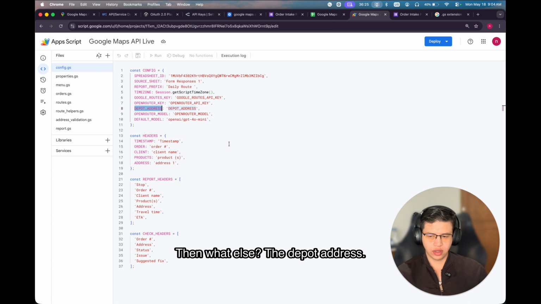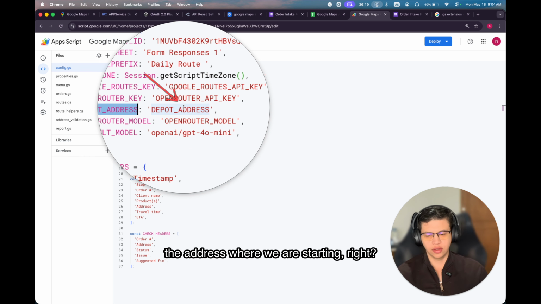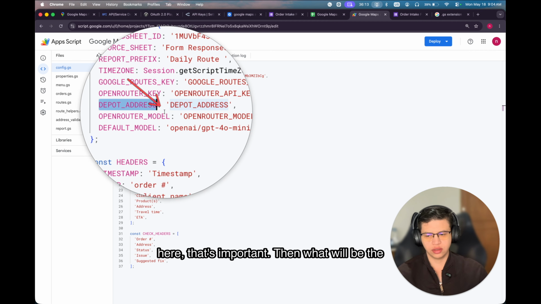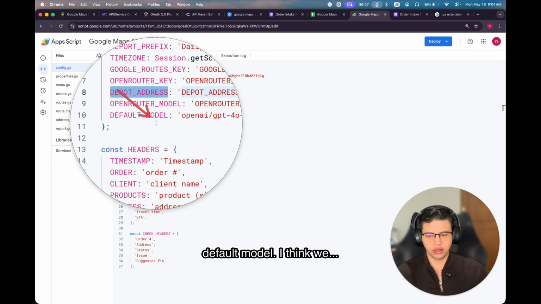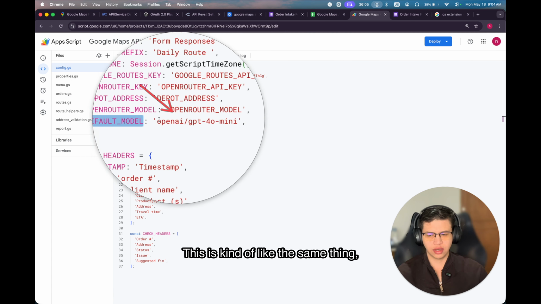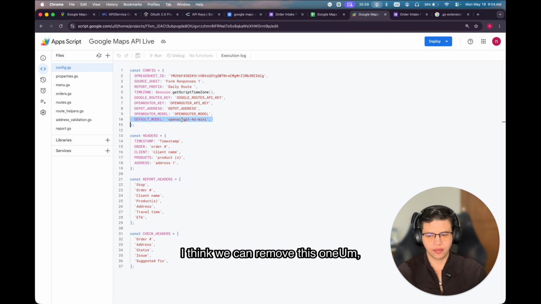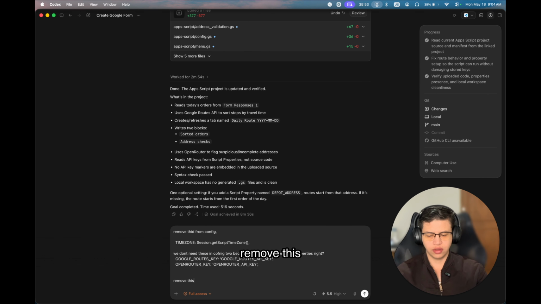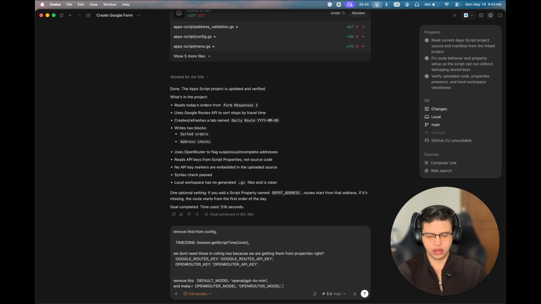Then what else? The depot address. Well, that's important. That means the address where we are starting, right? And yeah, I think we can leave this one here. That's important. Then what will be the OpenRouter model? That's also important. And the default model, I think this is kind of the same thing. So I don't know why. I think we can remove this one. So I remove this and make it to be